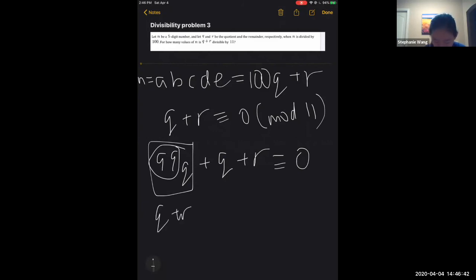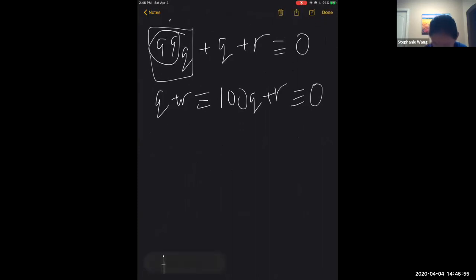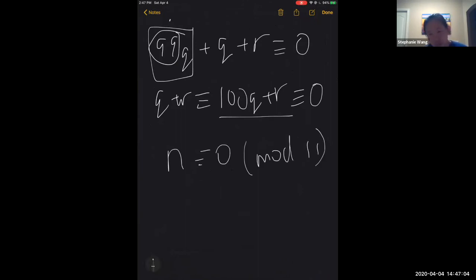So Q plus R, which is what we're trying to find, is congruent to 100Q plus R, which is congruent to 0 mod 11. Since this is equal to n, that just means that n is congruent to 0 mod 11, which means n is a multiple of 11. We know that n is going to be a 5-digit number. So the smallest 5-digit number divisible by 11 is, I think, 10010, and then the largest one is going to be